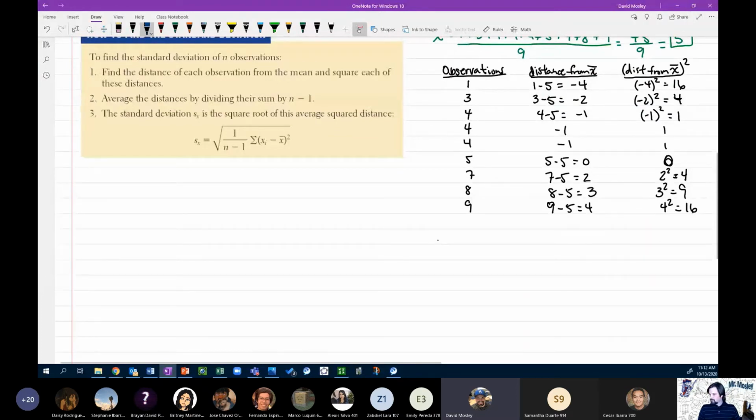Okay, that is the s of x squared. We're going to add all these numbers up. We have 16 plus 4, 1, 1, 1, 0, 4, 9, 16. And we'll have 9 minus 1 to divide by. And this is 20, 30,